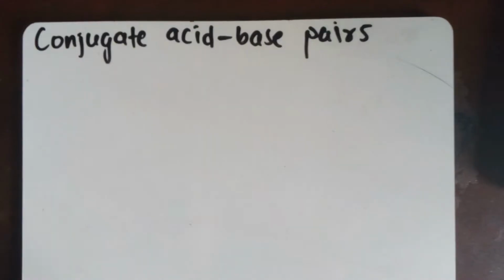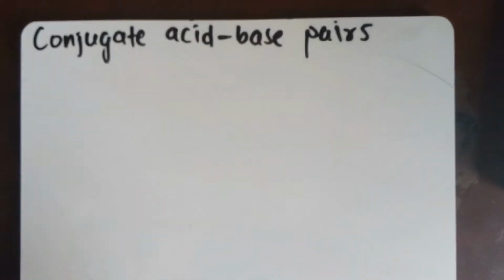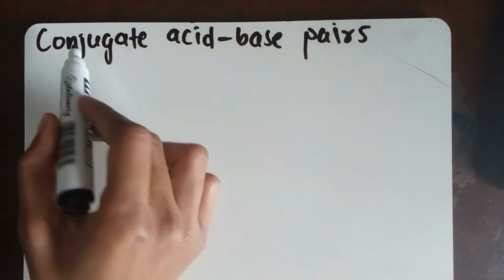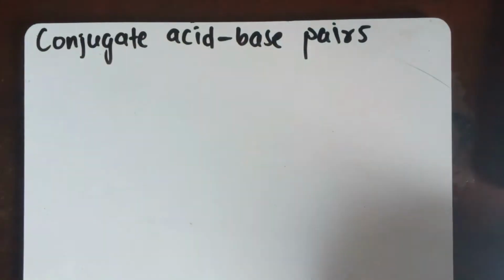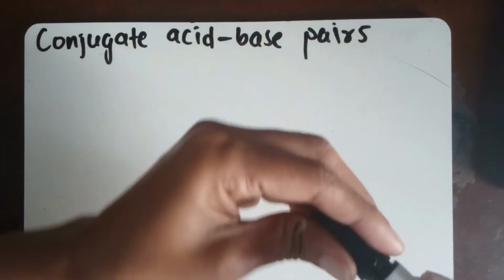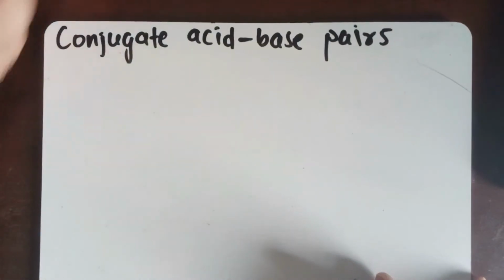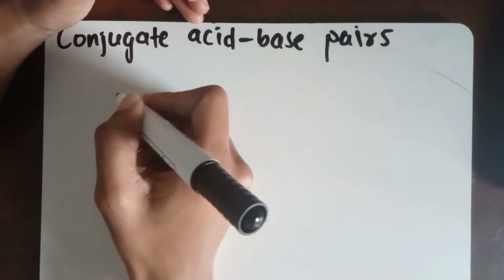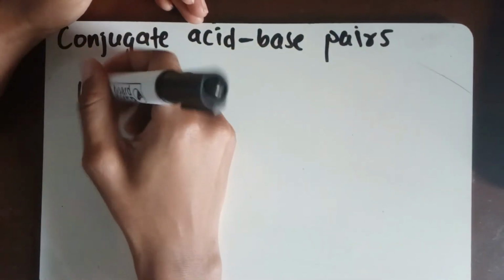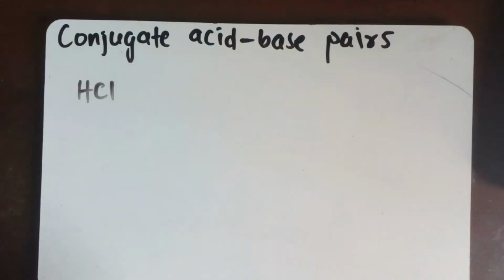Discussion on acids and bases. We're going to talk about conjugate acid base pairs. So to kickstart this discussion, let us take a very simplistic example where we have hydrochloric acid